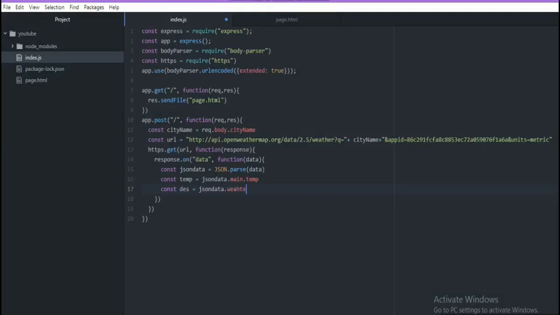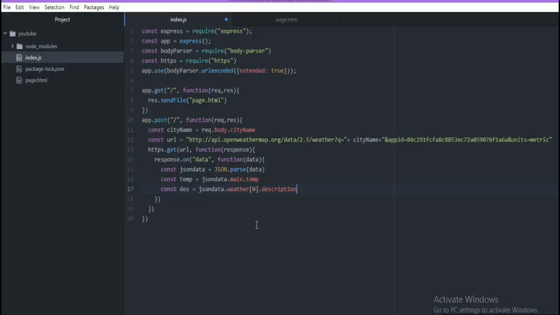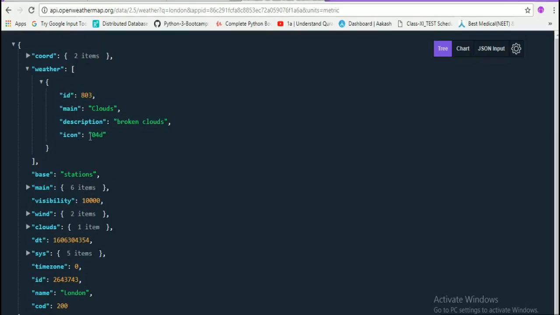Okay, so it's going to be weather, and it's in index 0, and there we're going to look for description. I think I spelled it correct. Yep. And then another constant called icon, because this icon value, I'm going to show you how to get the icon